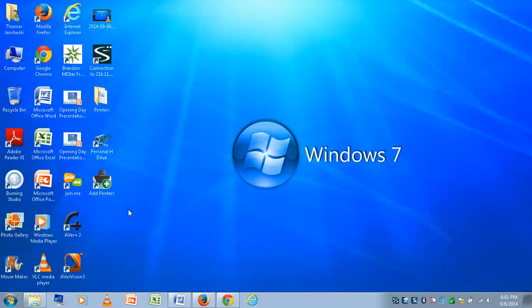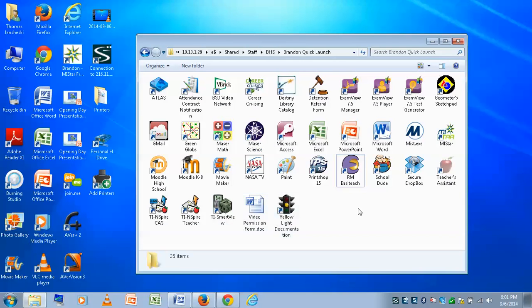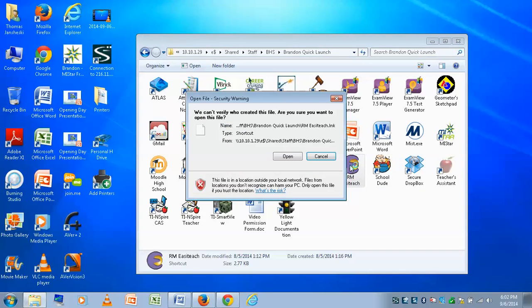I'm going to go over a couple of the software applications that are different. RM Easy Teach is the main one. It's not installed on the image as it has been in the past because we've run into a situation with it not being supported anymore. Regardless, if you need this application, all you have to do is double click on this